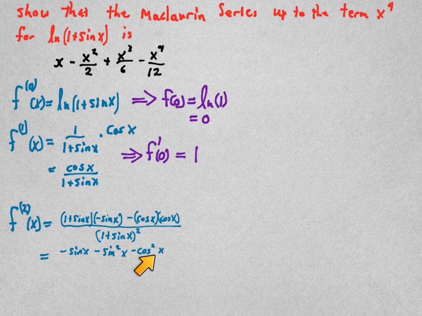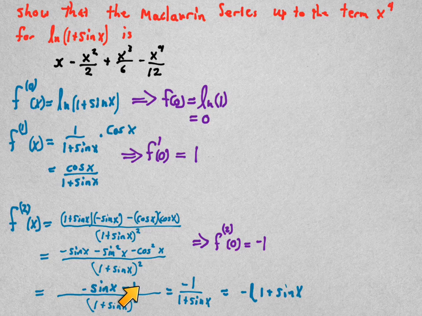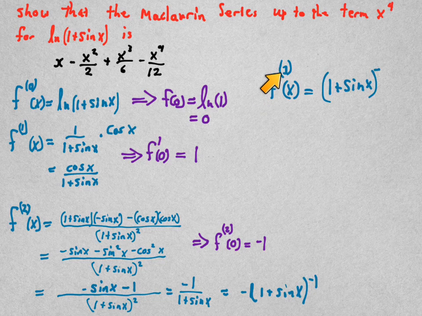And here I'm going to make an assumption that we know the negative sine squared minus the cosine squared is going to be negative 1, because we factor out the negative 1, sine squared plus cosine squared equals 1, so that's where that 1 came from. Negative sine x carries down, and it turns out we can factor this to sine of x plus 1. We could cancel it with 1 of the denominator, and this makes the second derivative much easier to differentiate. For the third derivative,